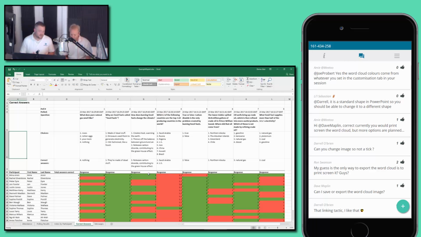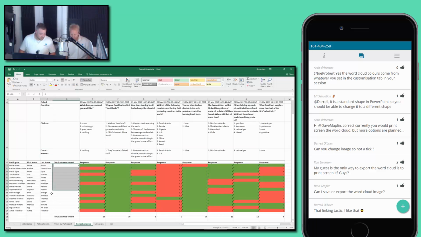So if you set correct answers in any of your polls, when you download your report from the dashboard, you get an extra worksheet in your spreadsheet, and that's this correct answers worksheet or tab. It looks very similar to the votes by participant, so you've got your participants from top to bottom, questions chronologically from left to right. The additional info that this gives you is it will show you what you set as the correct answer. It will tot up a score essentially, or how many polls or questions people answered correctly. It'll also tot up how many were marked correctly on a question by question basis.